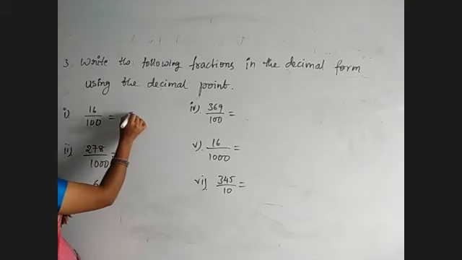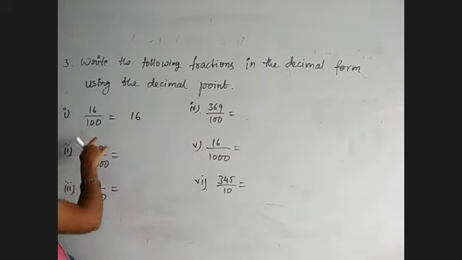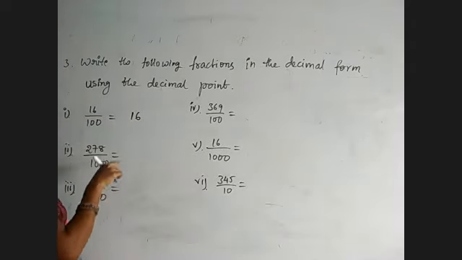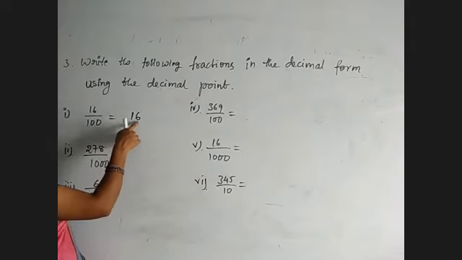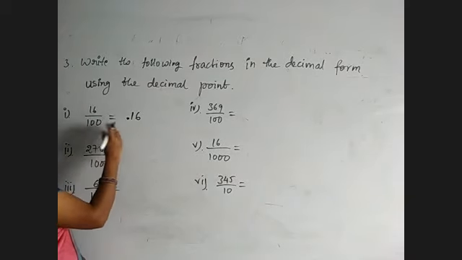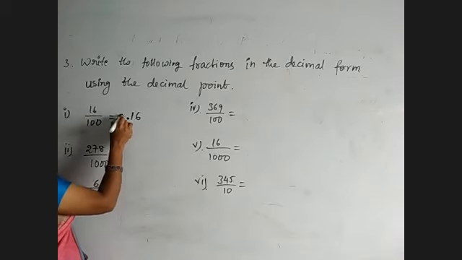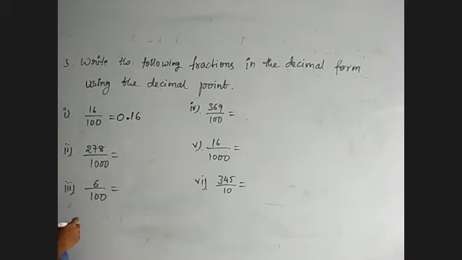That means in the resultant number, we will get two decimal digits. The numerator is 16, and the denominator is 100. Because of two zeros, we will get two decimal places, meaning whatever two digits are there, those two will be in the decimal portion. 1, 2. So the point goes before that number. So we can write 0.16. If you keep the 0 also, there is no problem. 0.16.